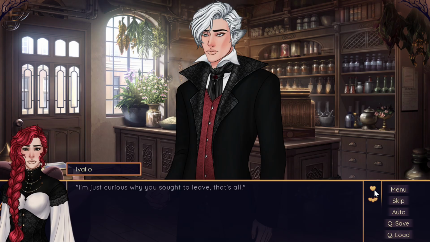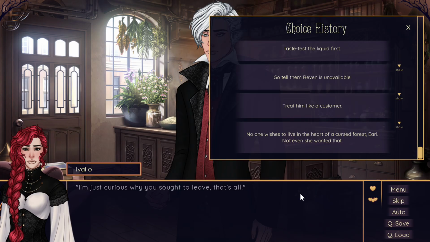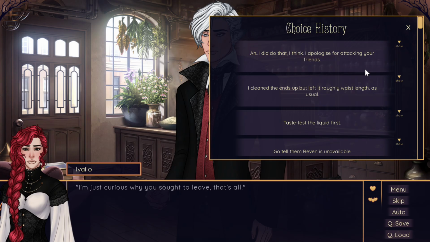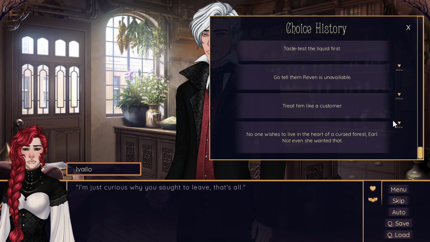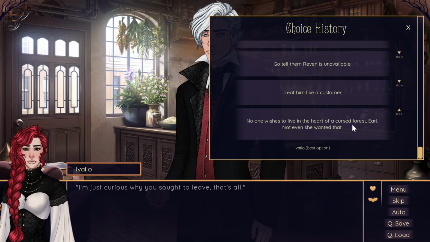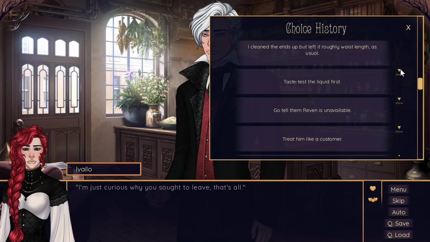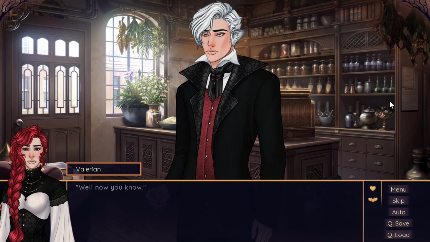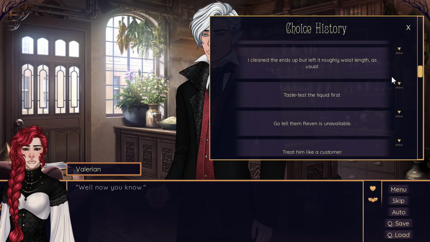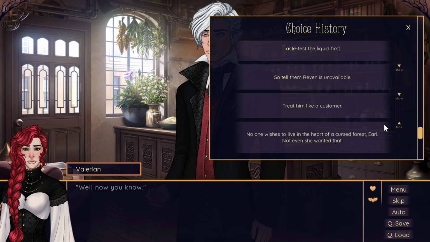And I also wanted to show these things here. So if we look at this, this is what I'm calling the choice history. It's literally just every single choice that you've made so far in the game. And if you click this little button on the side, it will actually tell you what that choice did, if it did anything. Some early choices don't necessarily affect anything. Oops. So when you click show, it doesn't show anything,